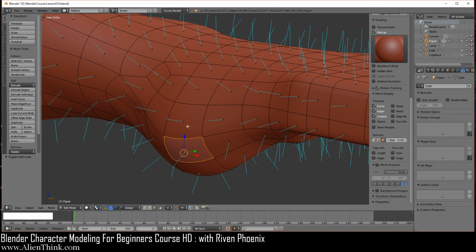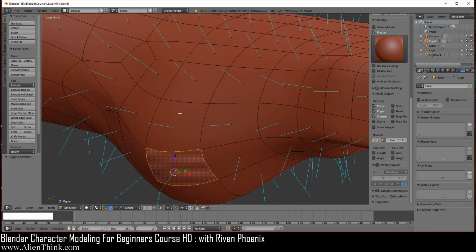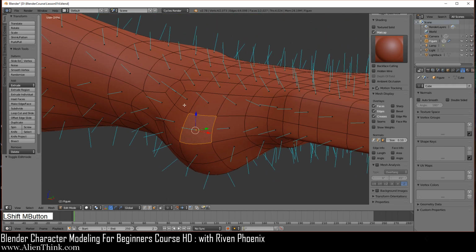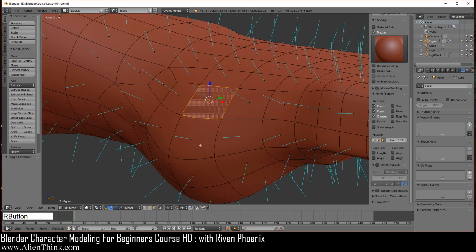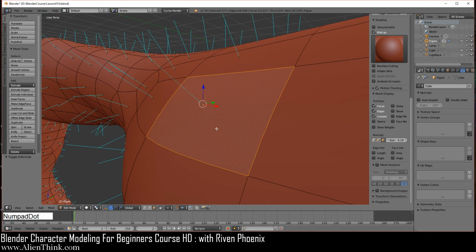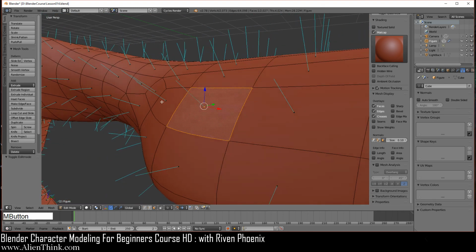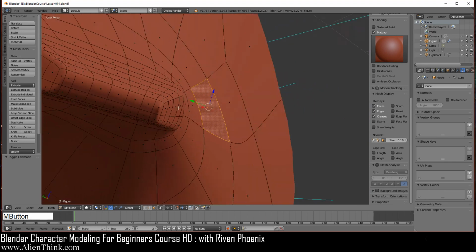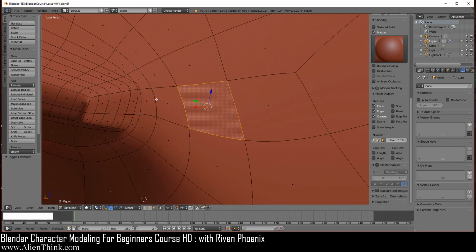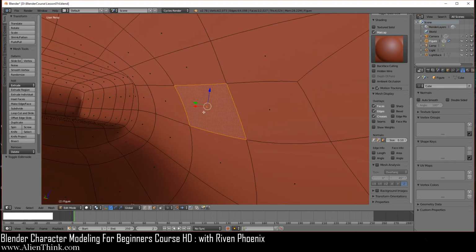Okay, so the normals are also telling you the direction that this face is facing. What do I mean by this? If I click on this face and make sure that I'm in perspective mode, I'm going to press the 5 key and press the period key to zoom in on it. Now, if you go to the inside of this, you can see that the blue lines are not appearing over here.